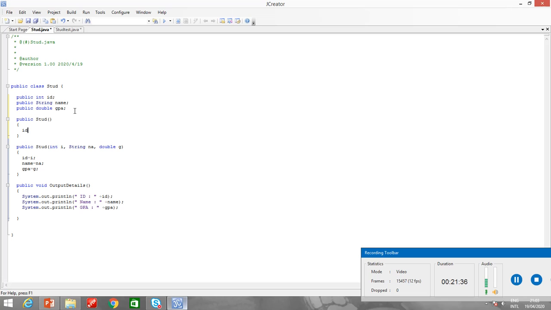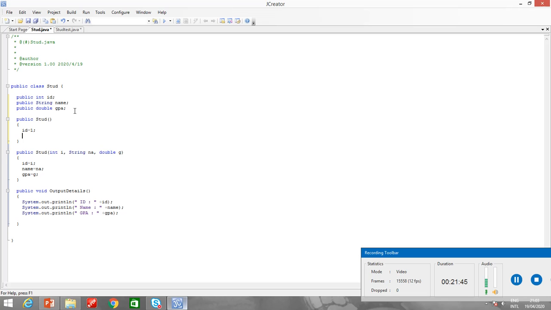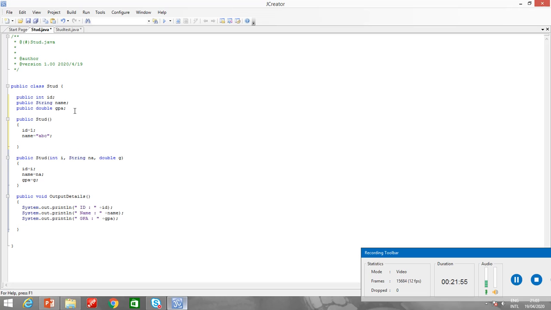This is used to initialize something like id is equal to 0, or I can provide id is equal to 1, name is equal to abc, and GPA is equal to 3.9. Alright, so this is the default constructor.